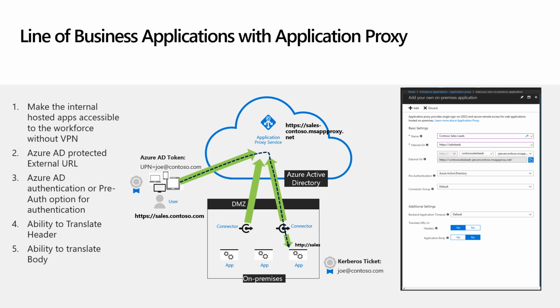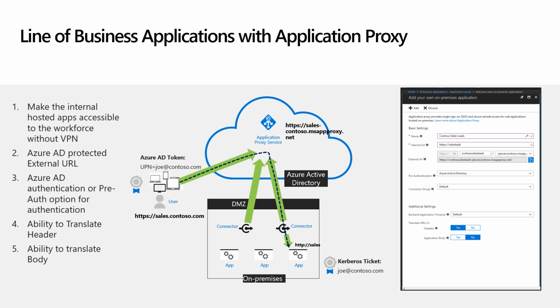Pre-authentication means the user can actually do Azure AD authentication, and once they do the Azure Active Directory authentication, our connector converts that token into a Kerberos token and presents it to the application. So this is called Kerberos constrained delegation. In this scenario, if the application supports Windows integrated auth and supports a Kerberos token, then that is directly presented by our connector. And with that, the user is seamlessly able to log in to that application. That's how they get the seamless single sign-on experience. If the application supports simple form-based authentication or basic authentication, they'll be seeing the username and password.